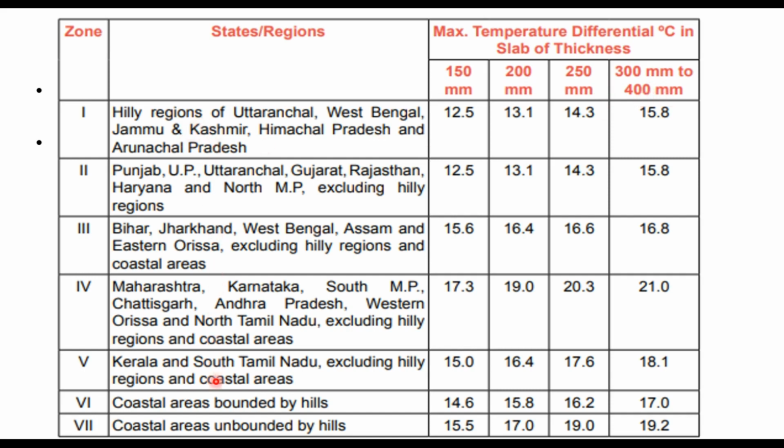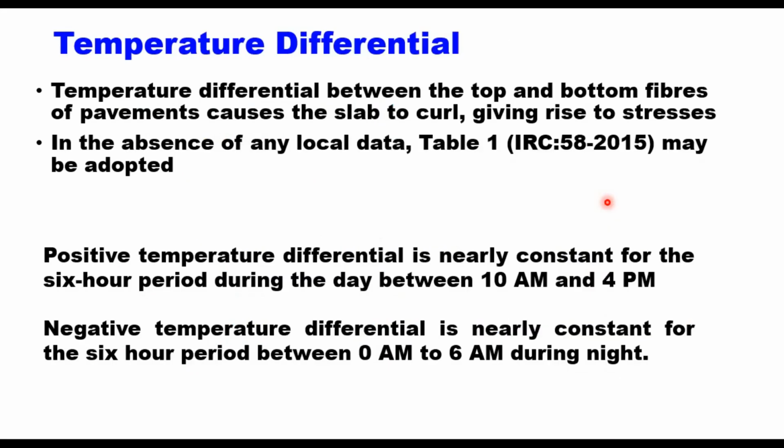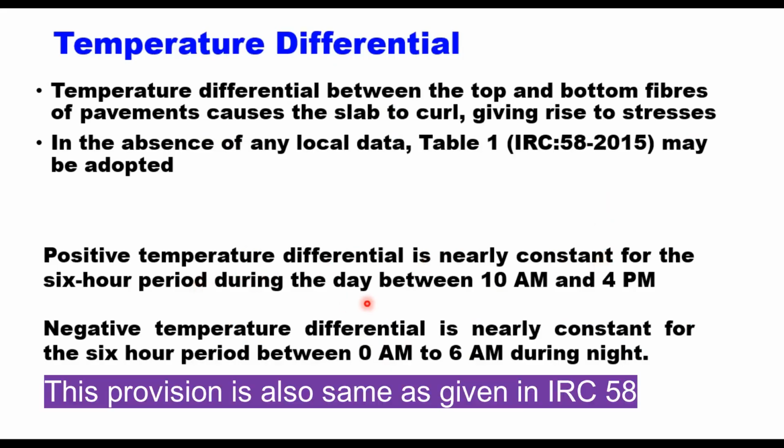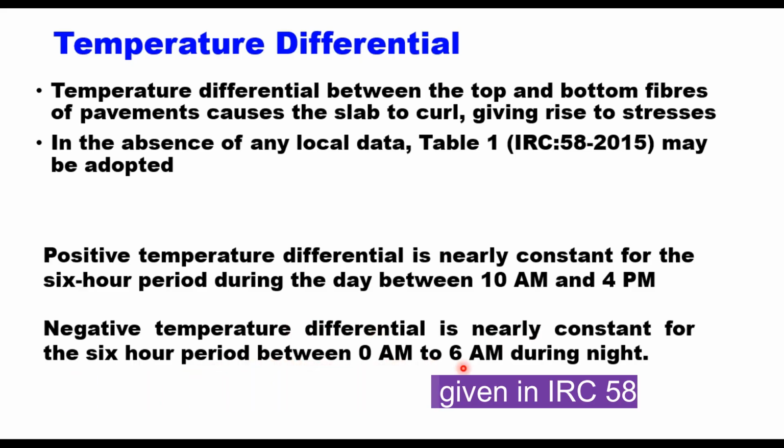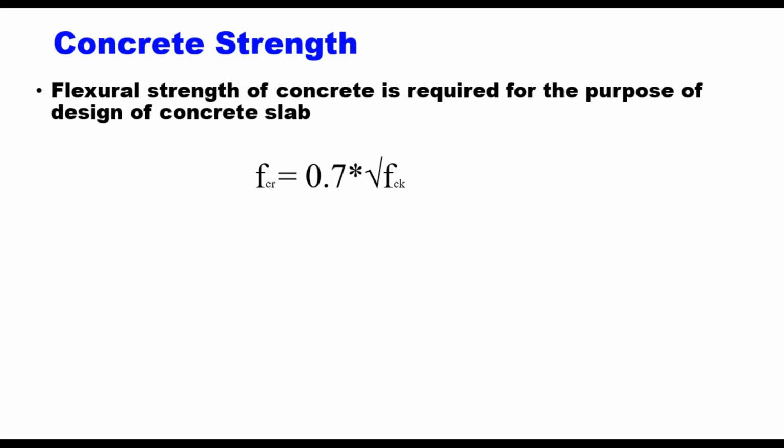And these are the states, and this is the maximum temperature differential that can be used. The positive temperature differential is nearly constant for the 6-hour period during the day, between 10 a.m. and 4 p.m., and negative temperature differential is nearly constant for the 6-hour period between midnight and 6 a.m. in the morning. Concrete strength in terms of flexural strength is required for the purpose of design of concrete slab,